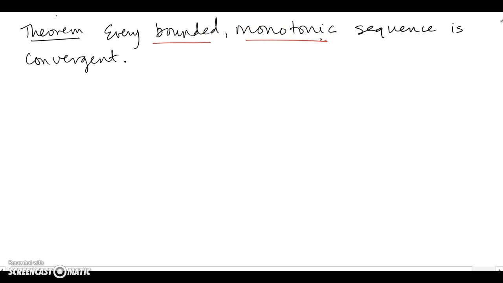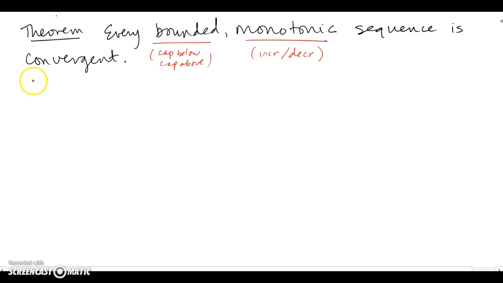In other words, whether you can find what the value of the sequence converges to or not, if you can just show that it is bounded and you can also show that it's monotonic, remember monotonic means either increasing or decreasing, and bounded basically means there's a cap below and a cap above. If you can show these two things, then you can automatically conclude that the sequence will be convergent.